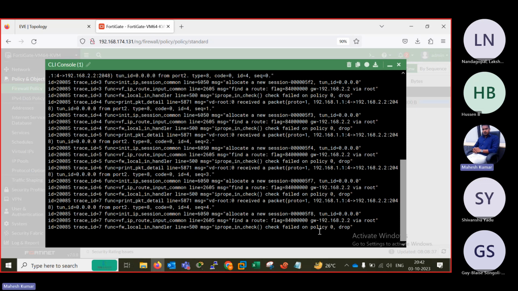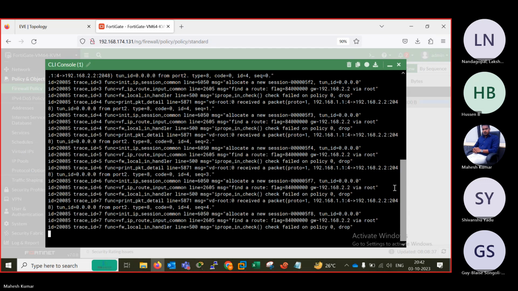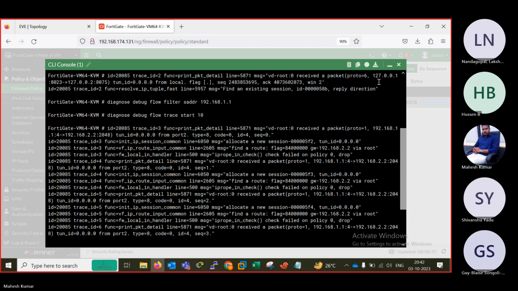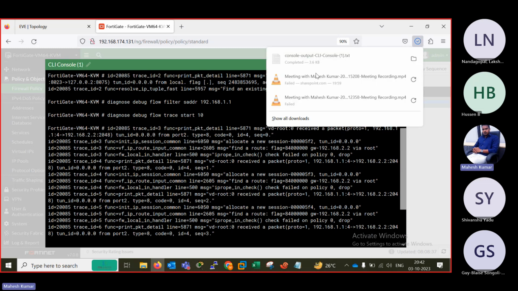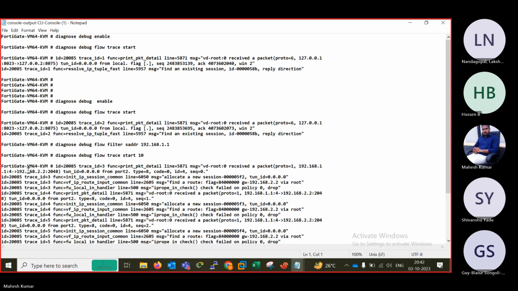Tunnel ID policy zero drop. Able to see? Check file policy zero drop. What is the meaning of this? So let me download this command line and later I'll explain to you. Okay. So the ID, whatever ID it is coming with, and that